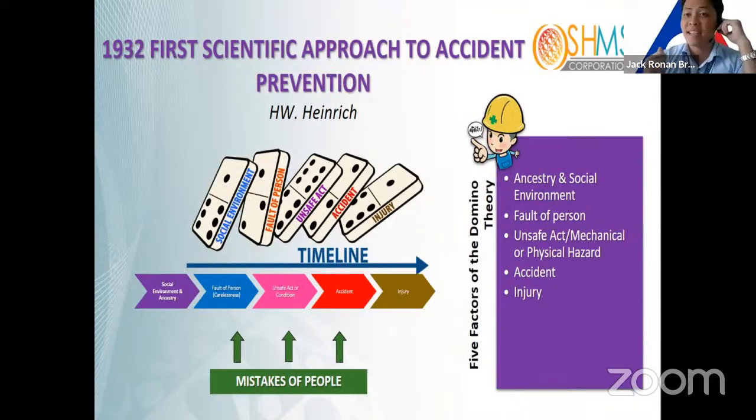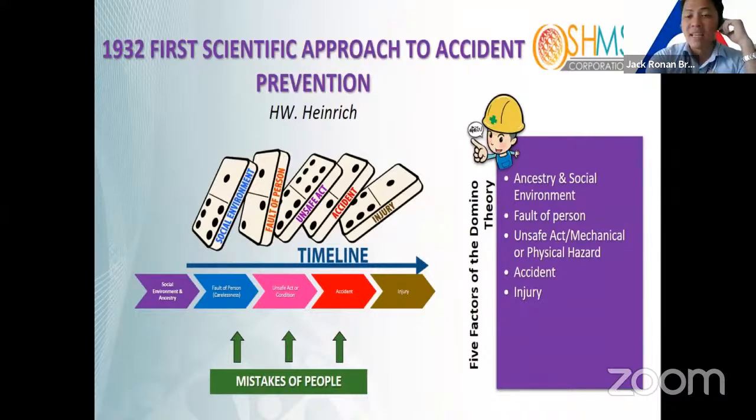So of course, because accident happened. The next question we're going to ask again is why do accidents happen? Because there were unsafe acts or conditions. Next, again, we need to ask why until we identify the root cause of the problem. So why were there unsafe acts or conditions? Because there is a fault of the person. And lastly, why was there fault on the part of the person? Because there was an absence of planning and control. So the root cause of any injury or accident is actually the lack of planning and control.